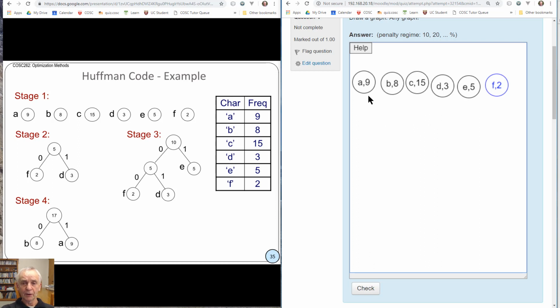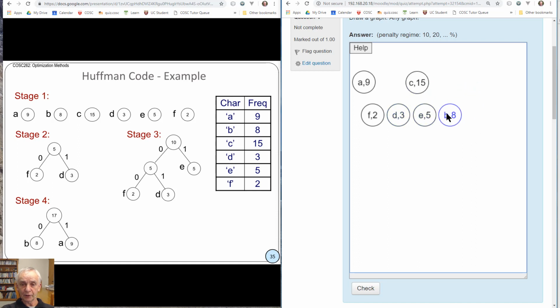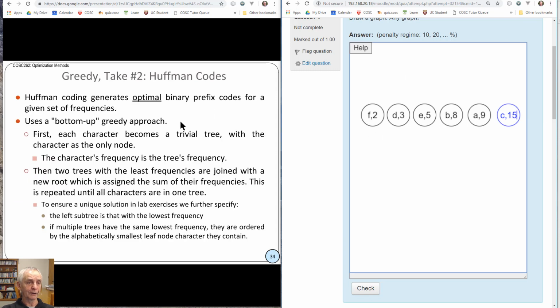So there's the leaf nodes, and I'm going to have to somehow or other build a tree. The starting point for Huffman is to sort them into order of frequency, starting with the lowest. So F goes at that end, followed by D, followed by E, followed by B, A, and C. So there's the ordering. And you can think of this as a sorted list or a priority queue, really. And the algorithm works, as explained in this slide here, by repeatedly pulling out the 2 smallest nodes and building